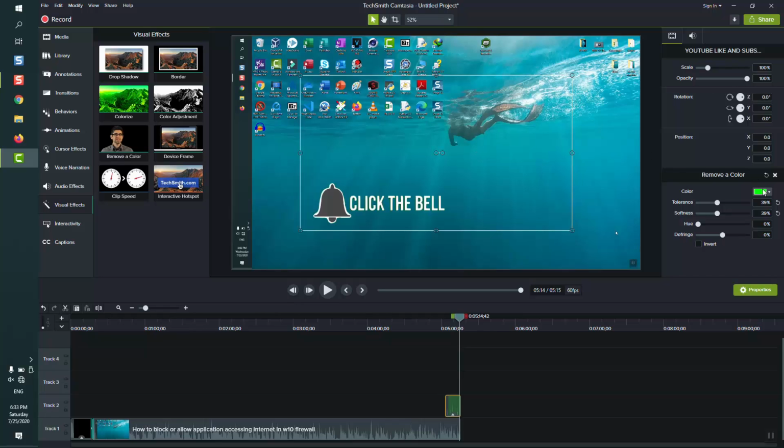Next step, if this doesn't work for you, click on color, click on this indicator, go to your green screen video and select the color which is appearing inside. This should allow you to exactly remove it. So if I want to remove this blue color, I just click with it and I can always remove the blue color. But since this is not what I want,